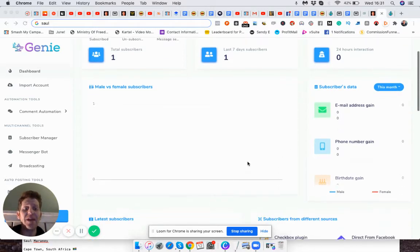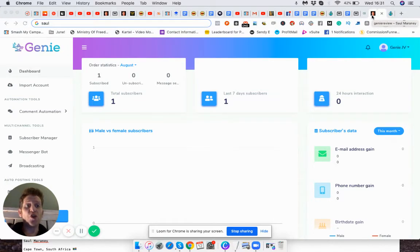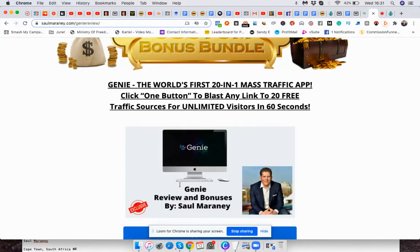Here I am in the members area. Let's start off with my bonus page so we can get a better idea of what this product is all about. Then we'll go to the sales page and we'll come back to the software to show you around a little bit more. So here it is, Source Custom